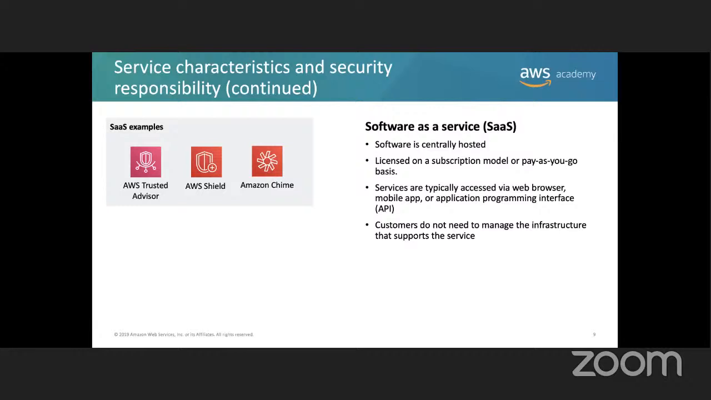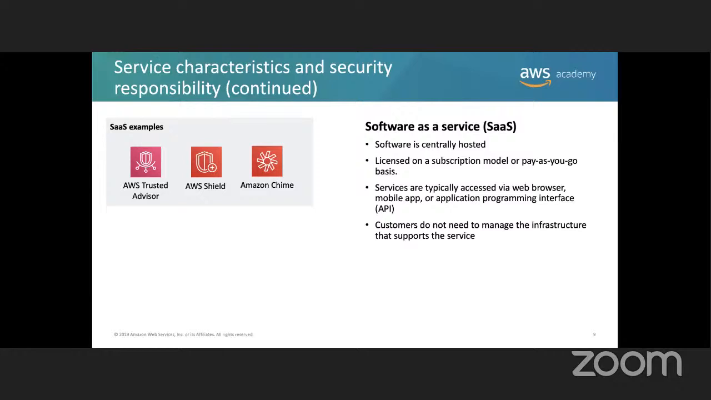AWS Shield is a service that was created to react or respond to or intercept DDoS attacks, like distributed denial of service attacks. Okay. It has two flavors. It has standard and advanced. Standard is free and advanced you have to pay for it. And then Amazon Chime, which is